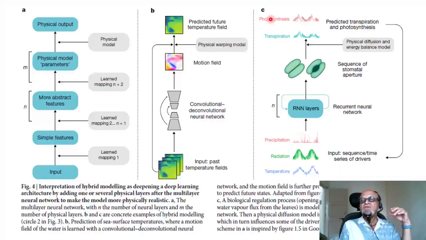So you start from here, photosynthesis. There is predicted transpiration and photosynthesis that is coming in as input. It's taking an input sequence and time series of drivers. These are then fed to N. So this is RNN here, which is the